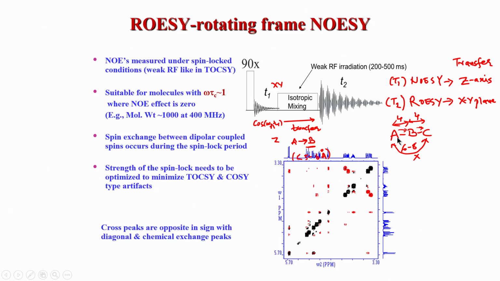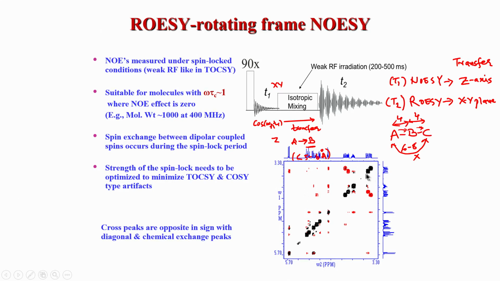Well, one can do some experiments, for example, one can reduce the mixing time slowly, gradually and systematically, and see if that cross peak of C disappears, because the cross peak of C depends on how long you choose the mixing time. That is why, as I said, one has to optimize the mixing time. In a protein, typically in general we use about 60 to 80 milliseconds in a NOESY, whereas in a peptide in ROESY we typically use about 200 to 300 milliseconds. 500 is for a very small tripeptide, or for a small molecule we can go up to 500, but this has to be optimized for the spin diffusion problem.